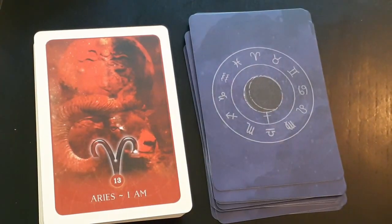Aries, I am. Acting without thinking, assuming the role of leader, demanding to be the most important one, not wanting to be wrong, being rash, being in a rush, being provoked or tested, facing challenges that stir you into action, bumping your head, having headaches, sports, athletics, team players, being number one in the game, seeing everything as a competition, wanting to prove you're the best, coming out on top, winning, taking chances with good results, being arrogant, losing your temper, combat, weapons, fights, troublesome people, dealing with insults from insensitive people,